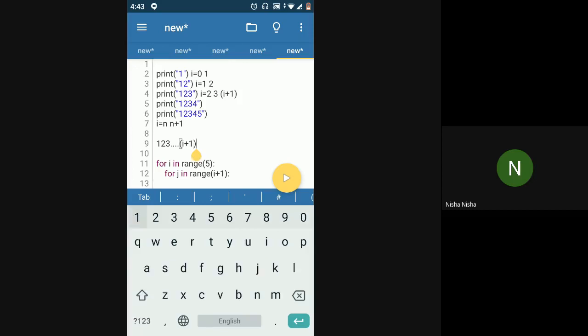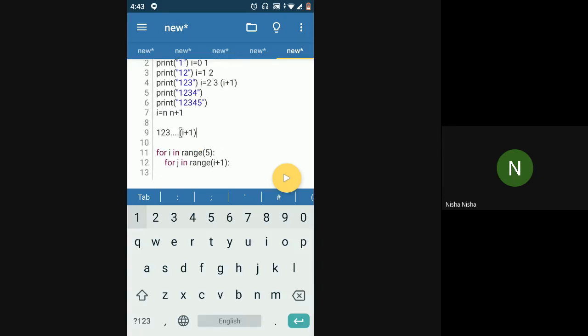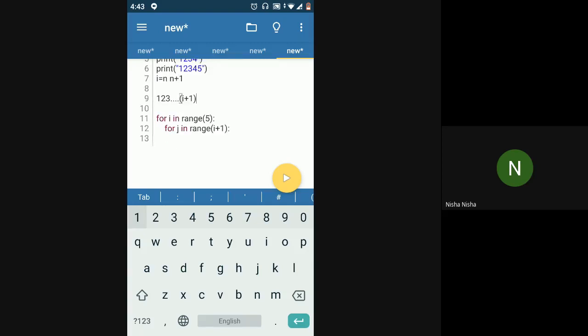Clear? Is this part clear? Yes, ma'am. Okay, so you have to start printing numbers from 1, 2, 3 till i plus 1, right? Now see, when you are starting a loop here, you have a j variable.